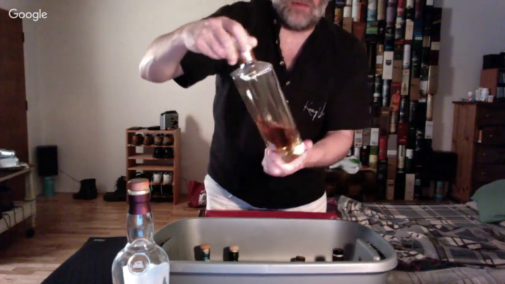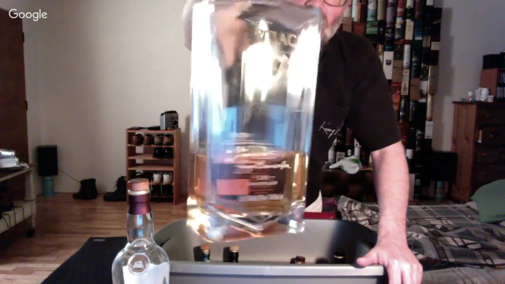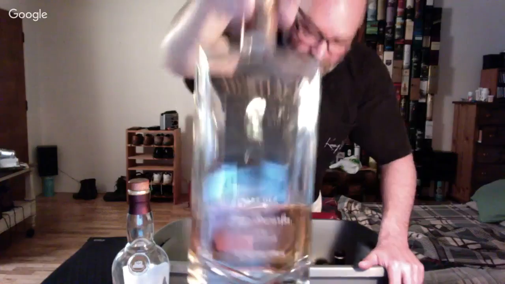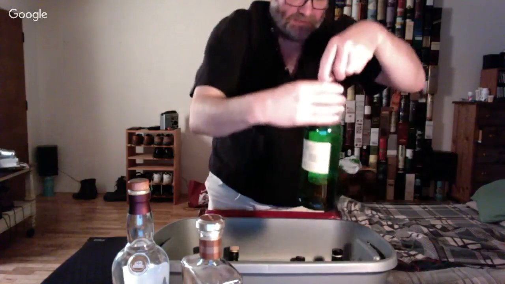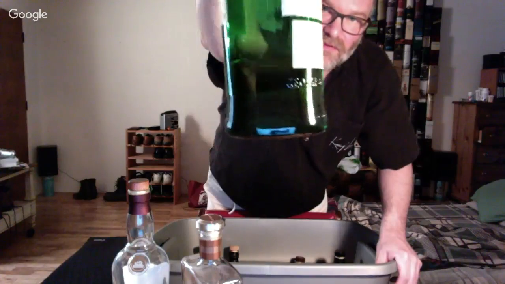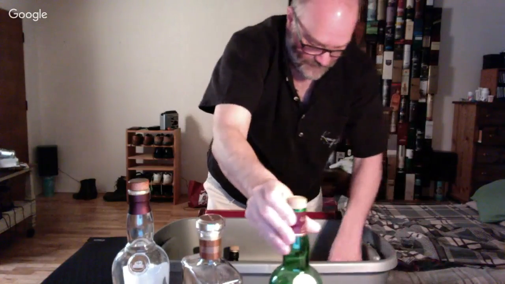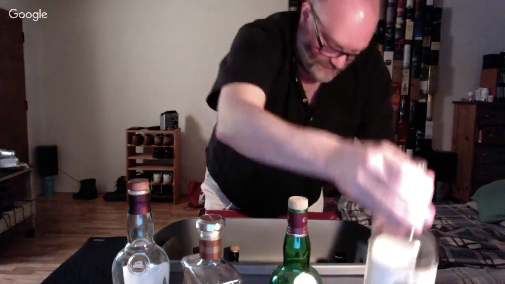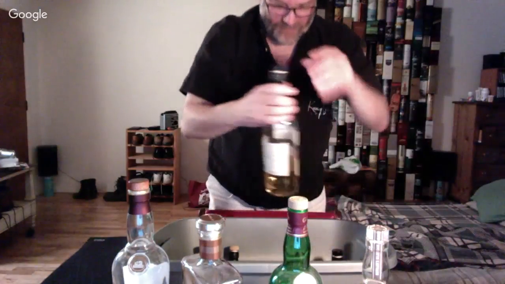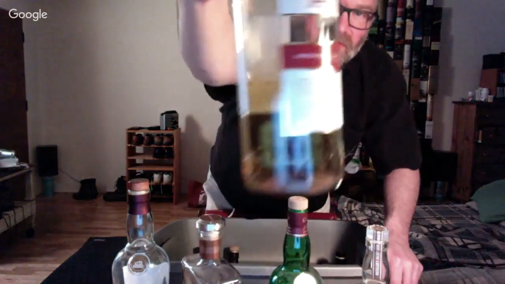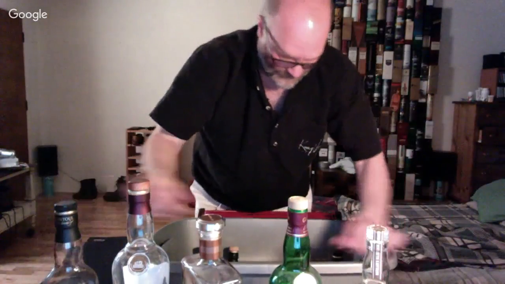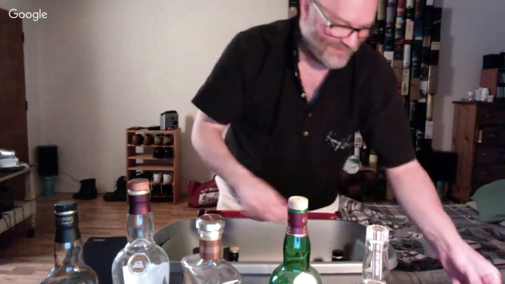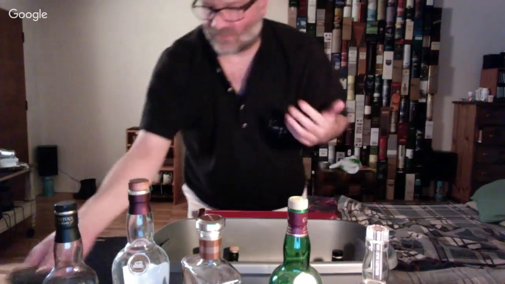I've got some Mortlach Rare Old, I think it's called, from Diageo. Got some Glenlivet 12, just a little bit left of that. Got some Shelter Point. A little bit of Shelter Point left. And what is this? Some 14-year-old Tomintoul. There's a fair amount of that left. And this is the foam that was on the bottom of the Paul John. They put a foam on the bottom of the bottle so it doesn't clink when you put it down on a table.